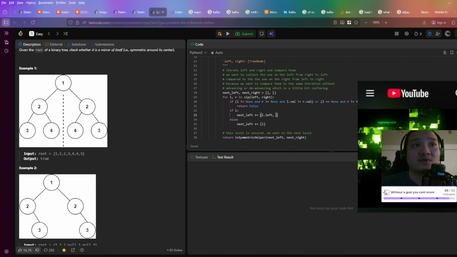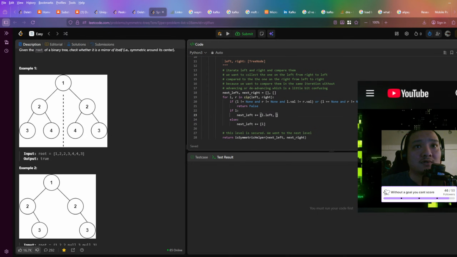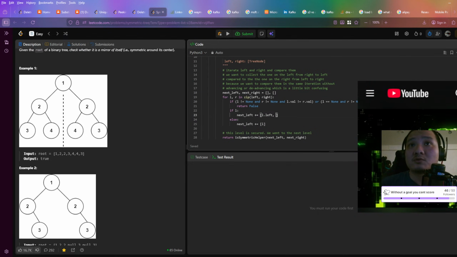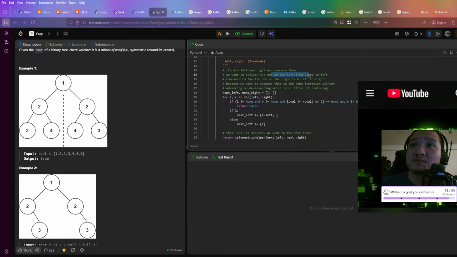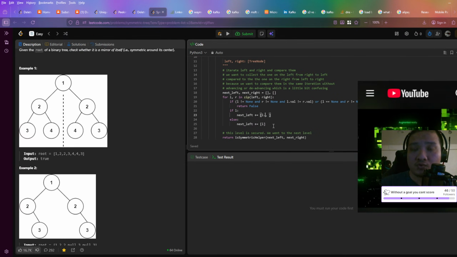So from the left we have to add them. What did we say we want to collect on the left, from right to left? Okay, so on the left here we have to do, all right,